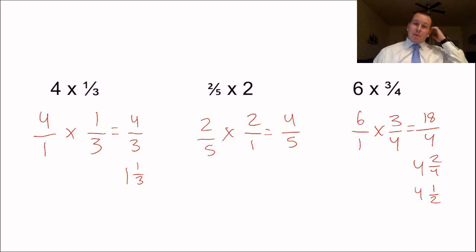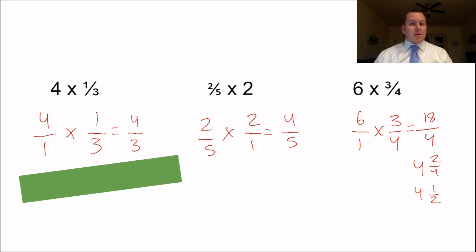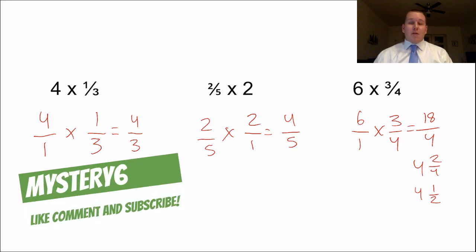So again, multiplying with fractions is pretty easy. It'll take a little practice, but I think you'll catch on to it pretty quickly. We will need to know how to model with multiplying with fractions, and we'll go over that a little bit later in the week, but I think you guys will find that really easy as well. So hopefully this video taught you a thing or two about multiplying fractions, and hopefully soon you'll be a